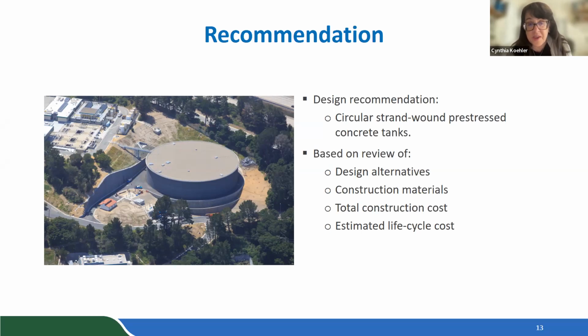This has been something we've been working on for quite a long time. It seems that the review here has been very thorough. So I just want to thank staff and the consultants, and I'm inclined to move this forward with a support recommendation. Actually, what we're looking for here is direction on the alternative, because we would move